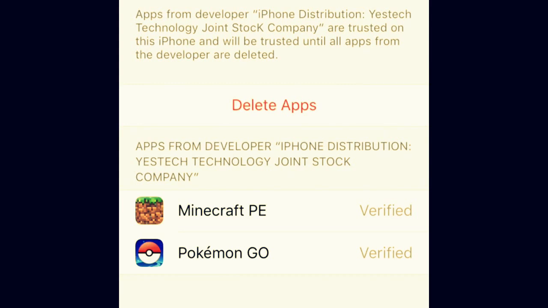It is verified because I have already trusted this app. When you open this tab, it will show you, in place of delete app, trust app. You have to just click on that, then it will trust the apps which you have downloaded from the internet, Wi-Fi, LAN, anything you are using.